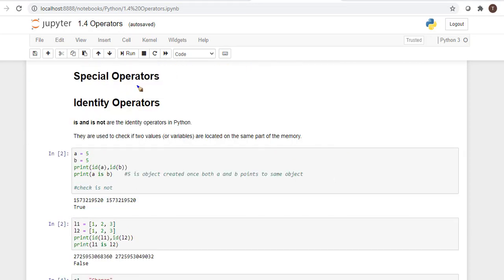Another thing is Python offers some special operators: identity operators and membership operators. We will see identity operators first. is and is not are the identity operators in Python. The usage of the identity operator is to verify whether both variables are using the same part of memory.